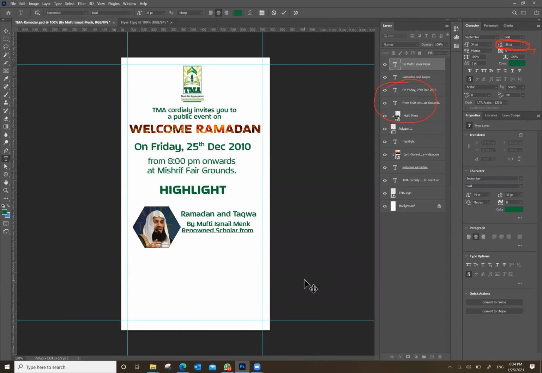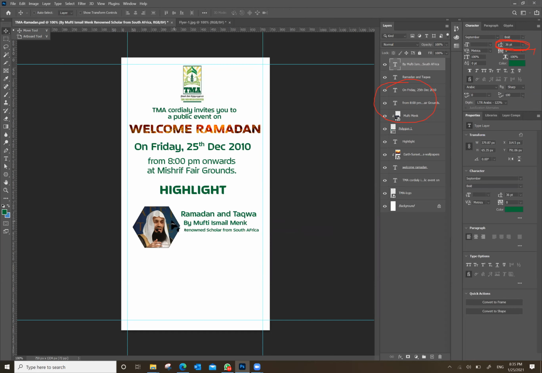Scholar from. I will make it left aligned, and I will bring it here, and his description can be a little smaller. A little bigger. Okay.